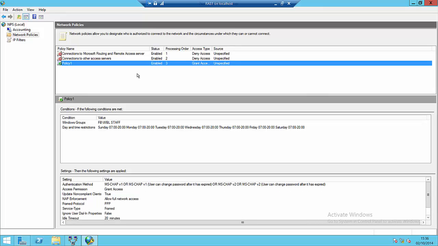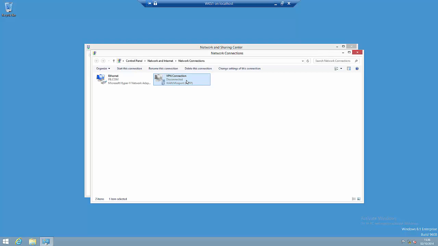Now, with our policy in place, we would think that our client will be able to gain access. Bob is a member of the WBF staff group. At present it is 3 in the afternoon, so I'm logging in, or trying to log in, during that time. But again, if we flip back to the client and see if Bob can gain access,